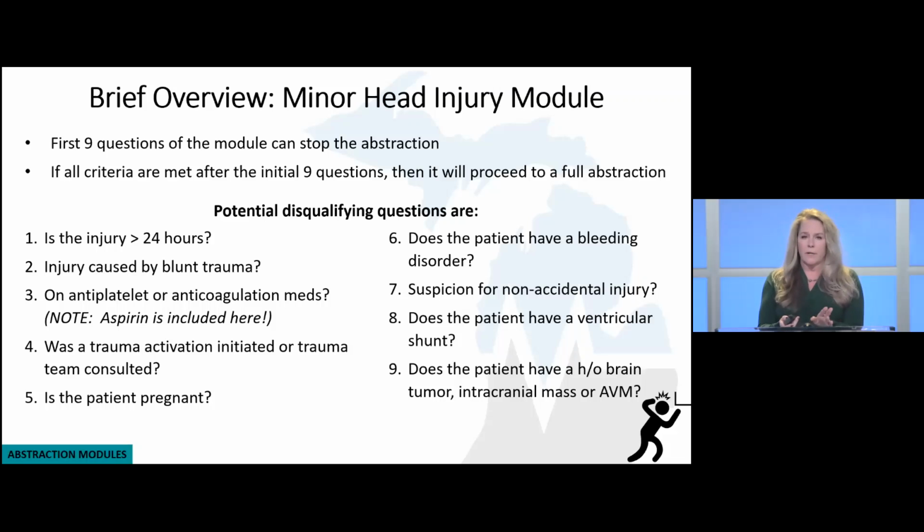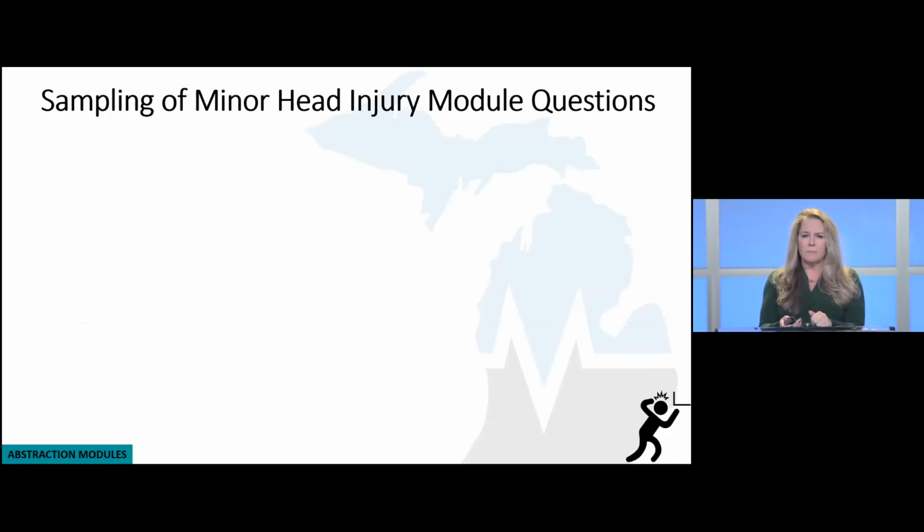Is the patient pregnant? Do they have a bleeding disorder? Is there a suspicion for a non-accidental injury? Does the patient have a ventricular shunt? Or do they have some type of brain tumor, lesion, intracranial mass, AVM, something like that, that would also exclude them. So if they make it through all of these questions, then I'm just going to show you a sampling